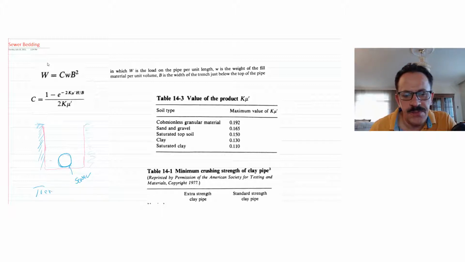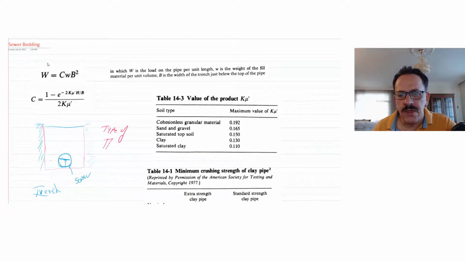The trench is used to cover the sewer itself. So we have something like that. This is the sewer itself. Now what should we do? There's a type of the bedding. I mean by the bedding, how do we have the layout of the sewer? Should we put the sewer itself on the ground? This is the bedding.